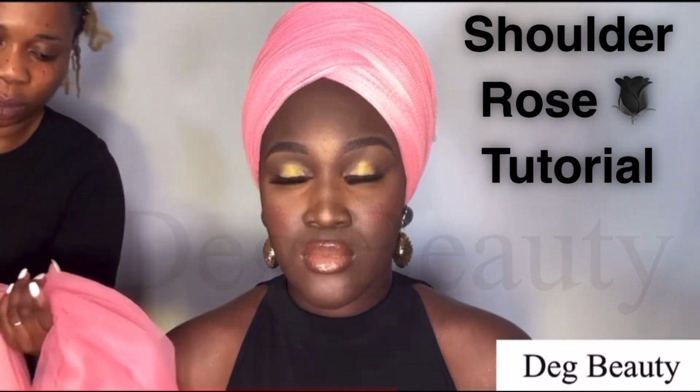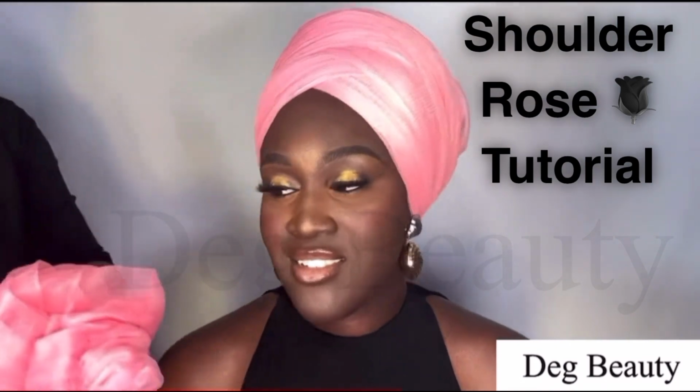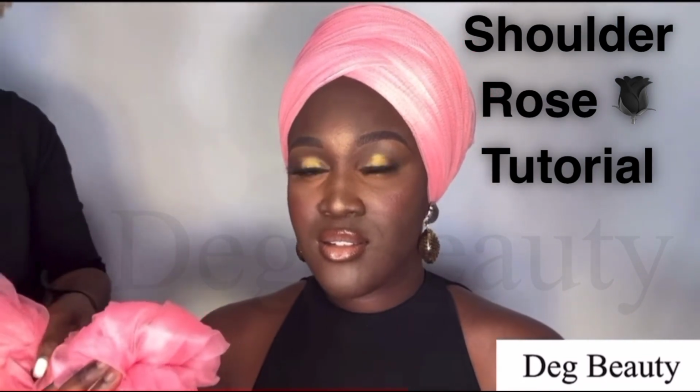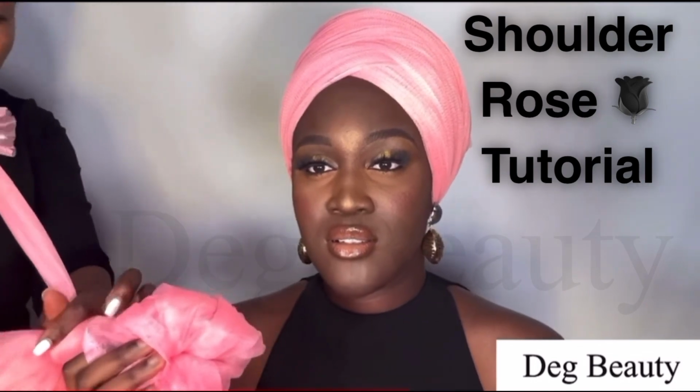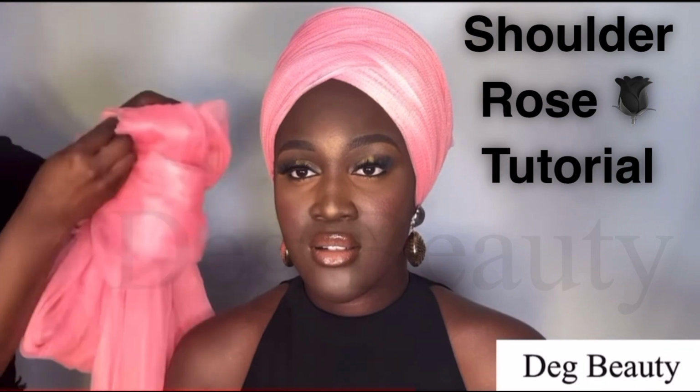Then you will use the other side to wrap her round, so that you see the way I use one side to create the rows now. Then you knot it. Then the other side, which is the longer, because the other 50, you use the other 50 to wrap her and use net. So all this